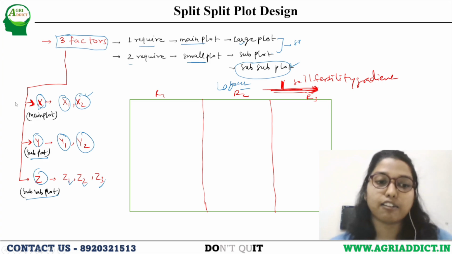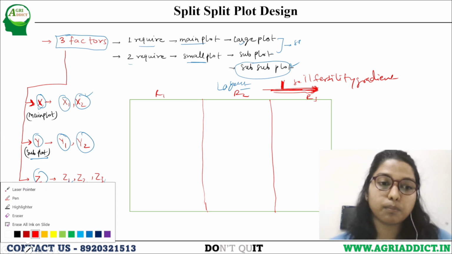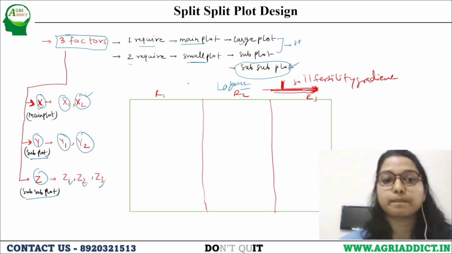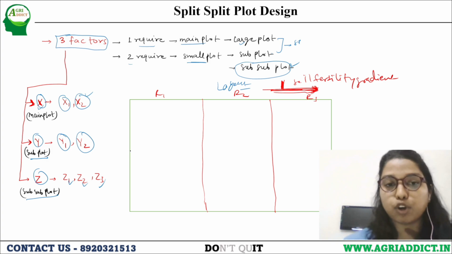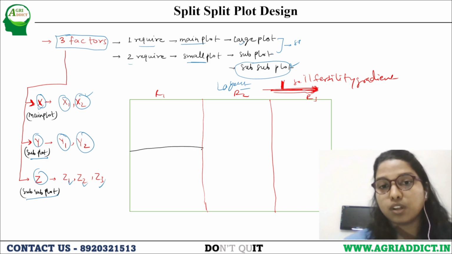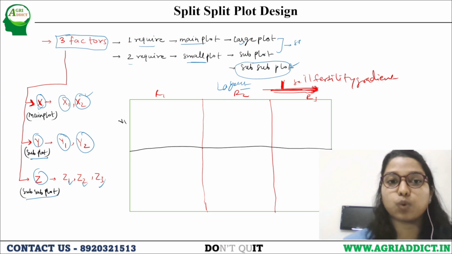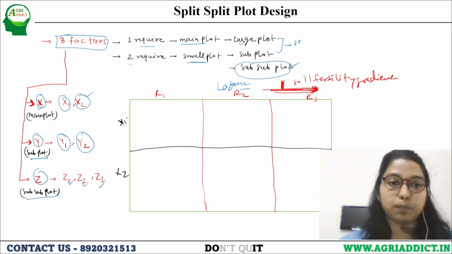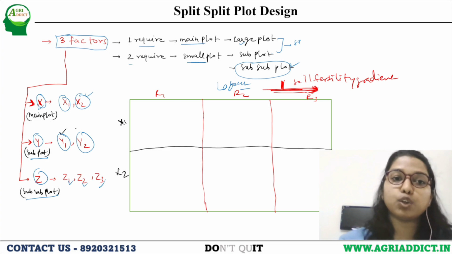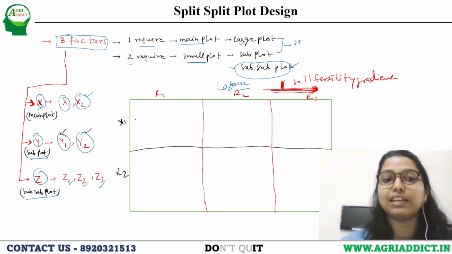So we will divide our field into 2 main plots, just like in split plot we did, similarly we have to do. So we are dividing it into 2 parts. First we are allocating as x1 and here it is x2. Now, this main plot will be divided into subplots similar to the case in split plot design. So here we are having 2 levels, so this main plot will be divided into